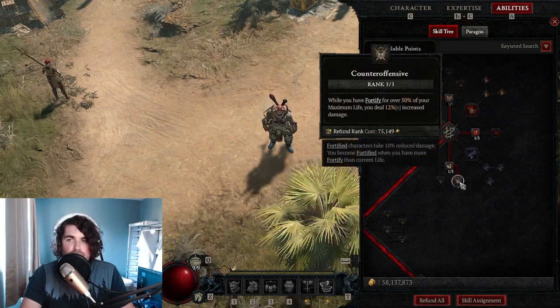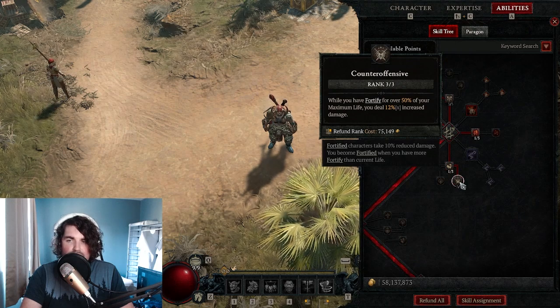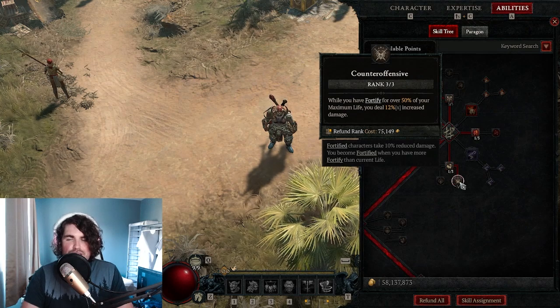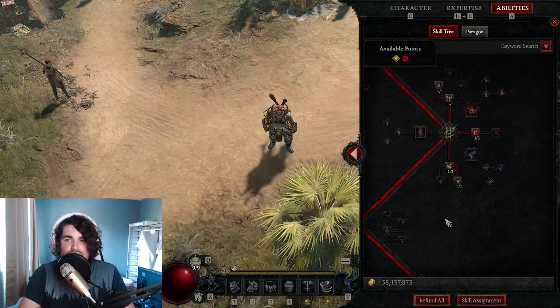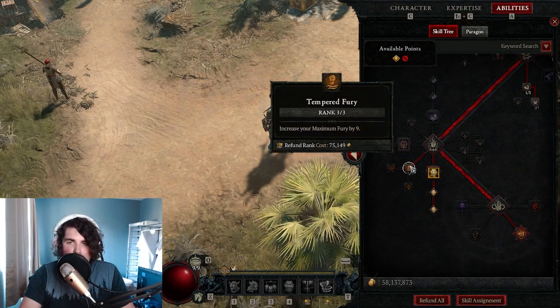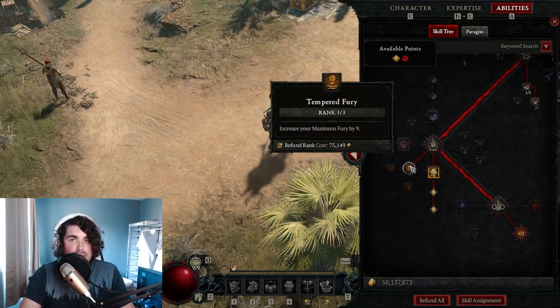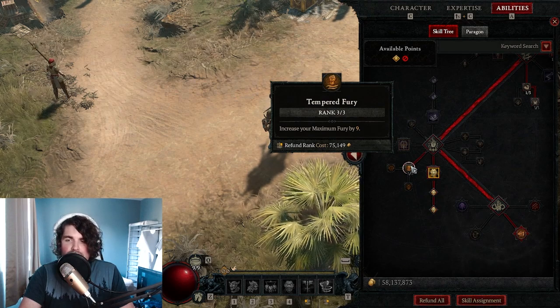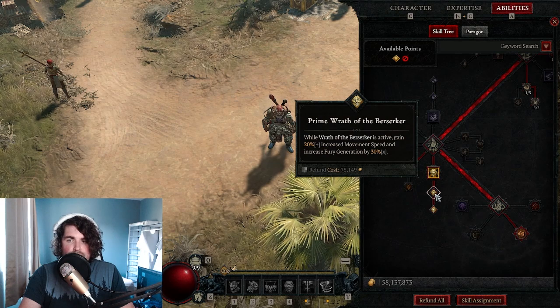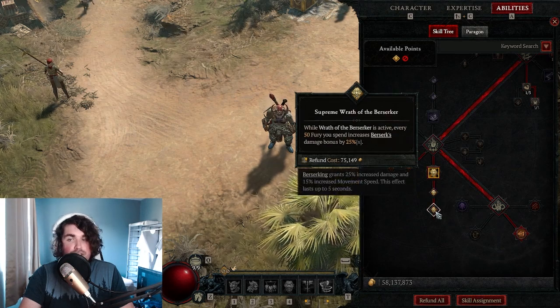While you have Fortify for over 50%, you deal 12% increased damage, and again, more multiplicative bonuses to really pump out as much damage as we can in these higher keys. Over here, we're taking 3 out of 3 for Tempered Fury. This increases your max Fury by 9 because we're going to be using Ramaladni's, which is going to increase your max Fury. And then we're going to go for Wrath the Berserker, Prime Wrath the Berserker, and Supreme Wrath the